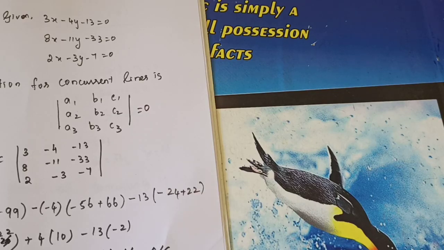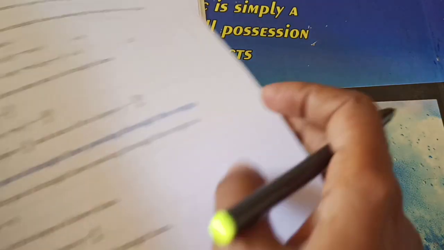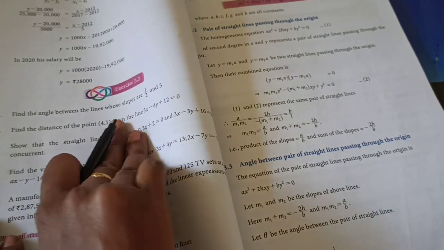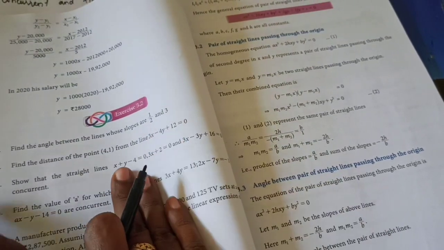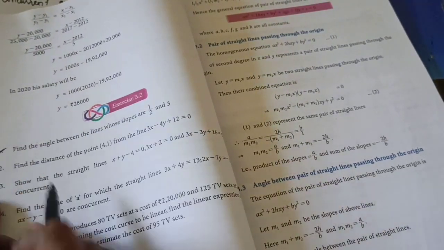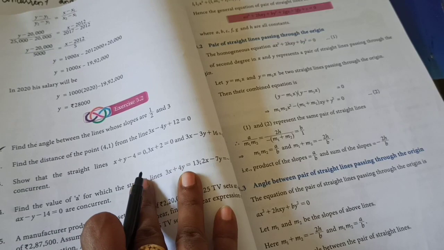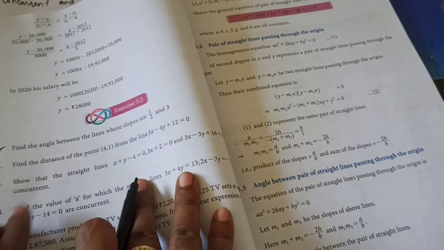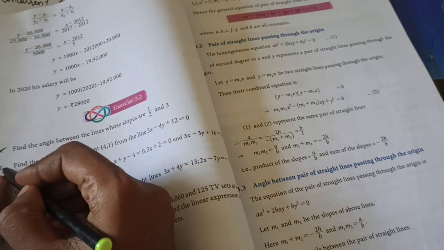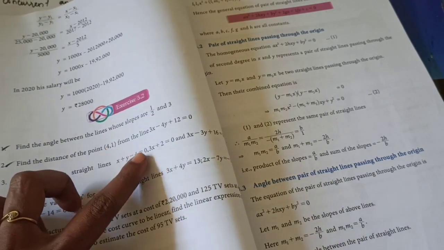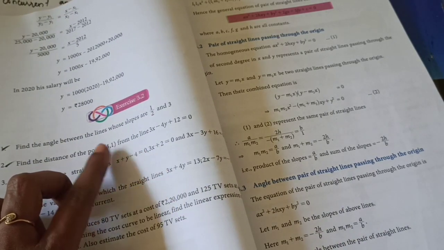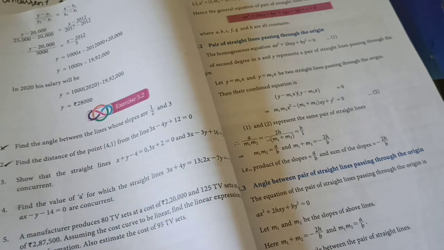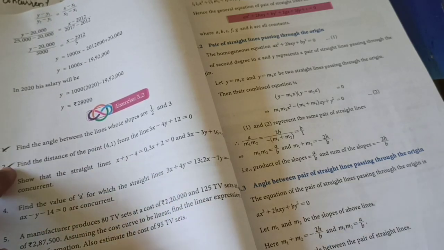Okay. So now all of you take out your book. I am giving the homework for you. Exercise 3.2. Problem number 1 is your homework. How will you do? Find the angle between the lines. This one is the m1 value. This one is the m2 value. Use the tan theta formula. Then find the distance of the point 4, 1 to the line. I taught you the formula from point to line, is it right? Distance formula: absolute value of Al plus Bm plus C divided by root of A square plus B square. If you use that formula, you will get it.